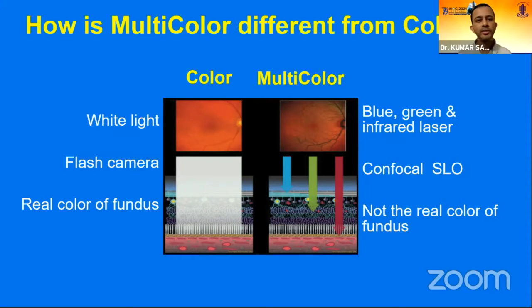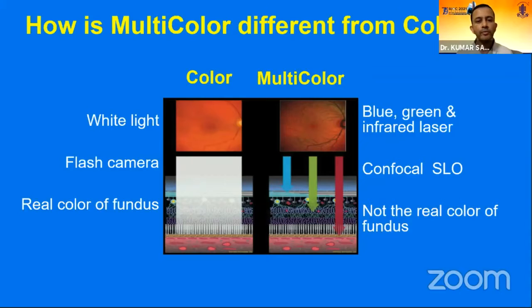But how is it different? It is different because it doesn't use white light, which is used in conventional color fundus photography. Instead, it uses laser lights, which are blue, green, and infrared lasers. In color fundus photography, we use a flash camera and the images are acquired, whereas in multicolor imaging or any pseudocolor imaging, we use the confocal scanning laser ophthalmoscope to image different layers of